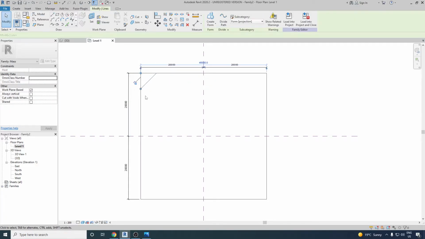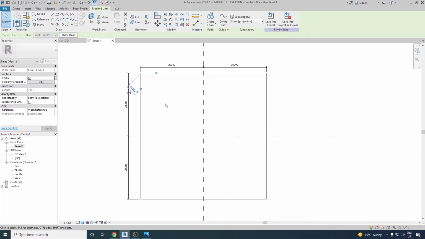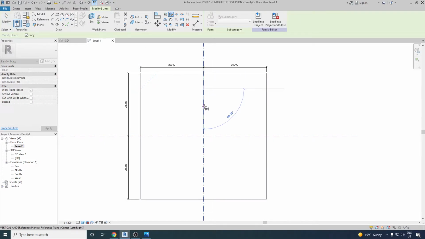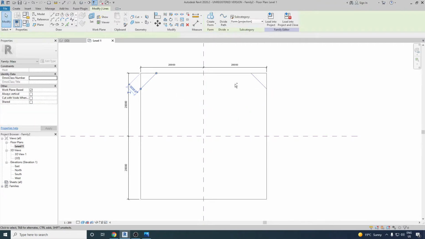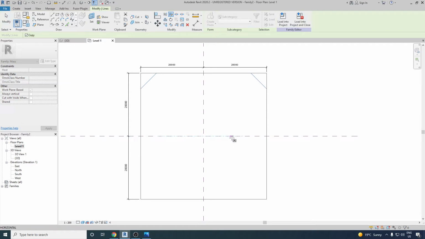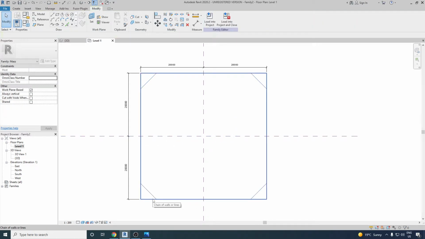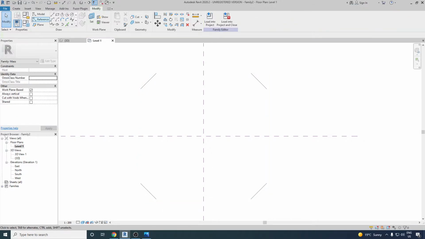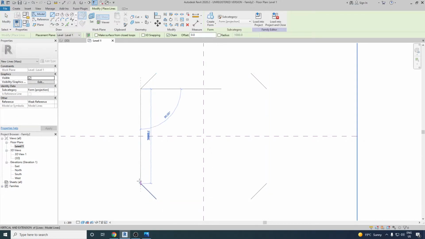Okay, so let me delete these two lines and let's mirror this one. Select this and then go to mirror, and in a similar way you can select these two by pressing Ctrl, use mirror from the modify tab and mirror it down. Now let me delete the entire square and join it like this.